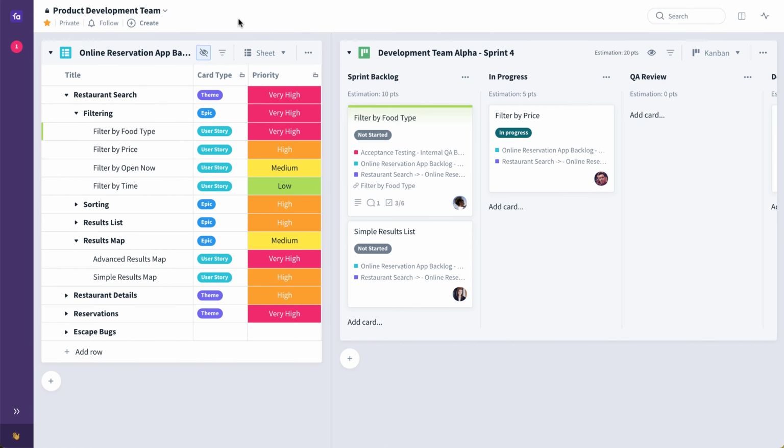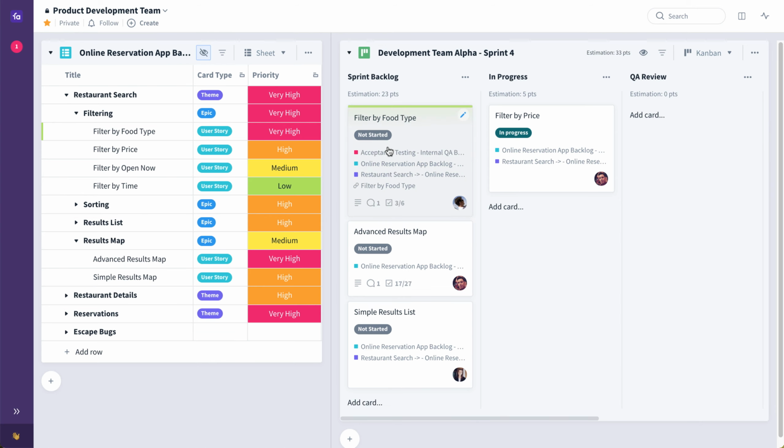Once development begins on committed product features, both development and quality assurance should constantly overlap throughout the iteration. If possible, all defects should be detected and fixed within the same iteration. For example, if we take this very high priority feature, also known as a user story, advanced results map, and drag and drop it, committing it to the sprint backlog, maybe during sprint planning, eventually this particular feature is going to be worked on by the team. They'll pull it into in